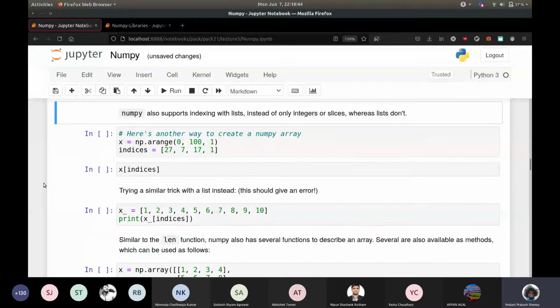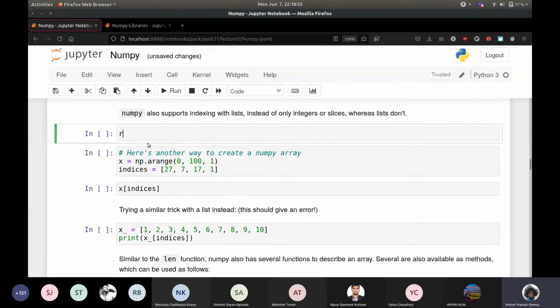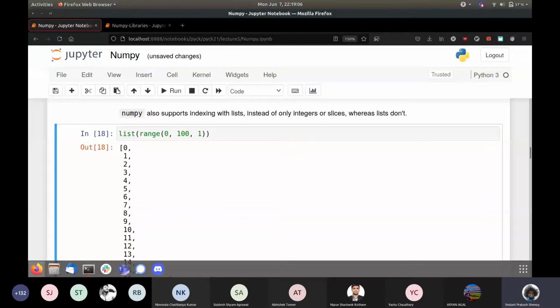Another thing: it's not just element-wise operations that work; it's also element-wise indexing in a way. So if you have a NumPy array like this, you remember range, right? We just saw it earlier. So range 0, 100, 1 basically gives you a list of numbers 0, 1, 2, 3 up to 99 included.